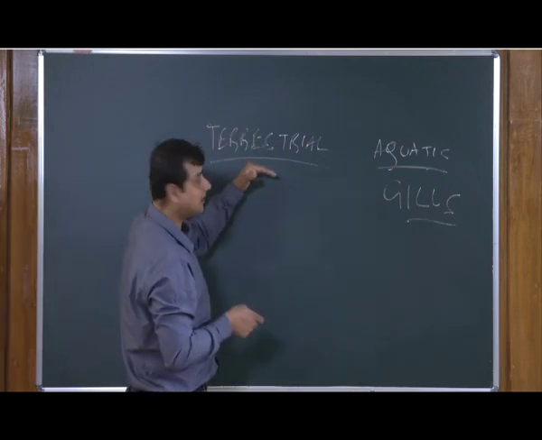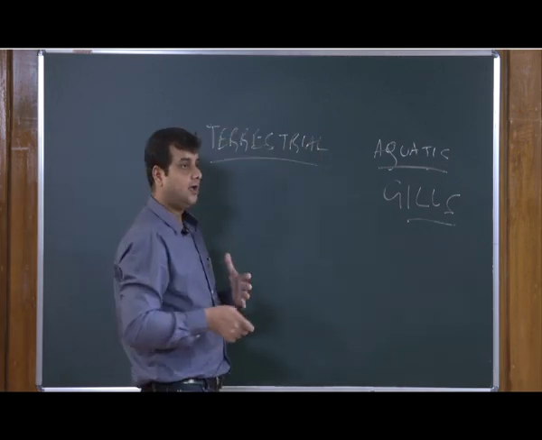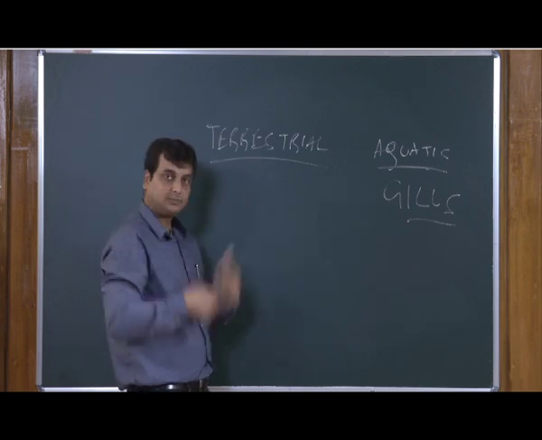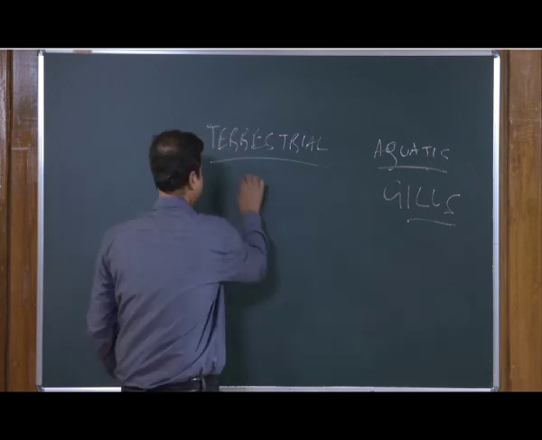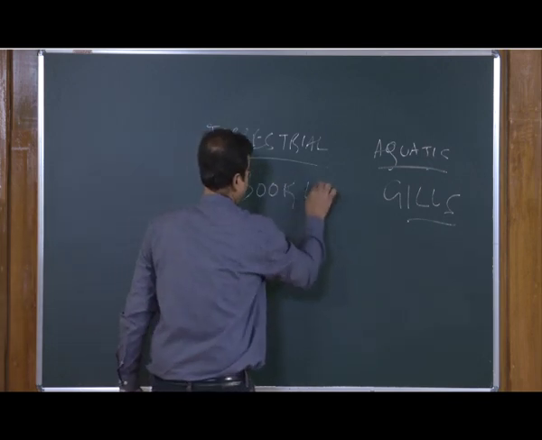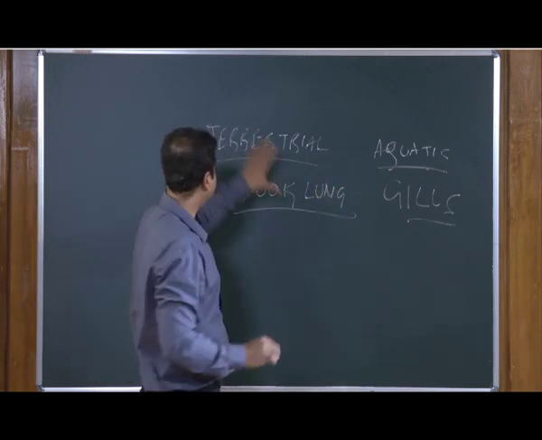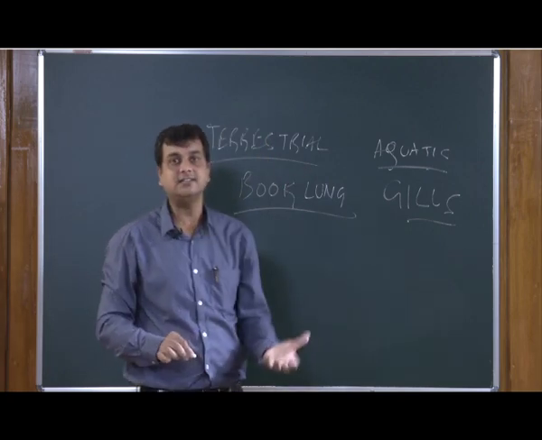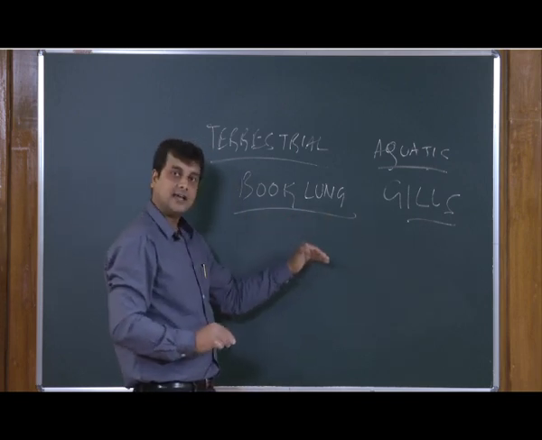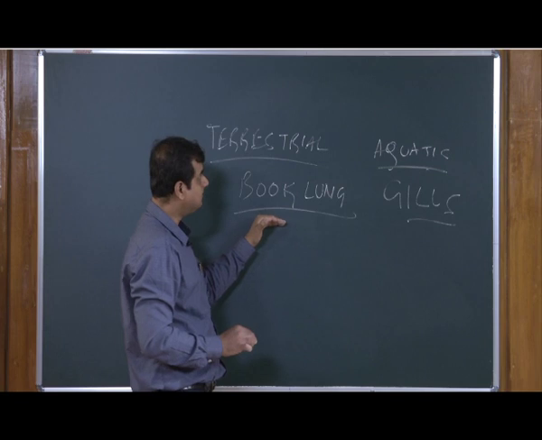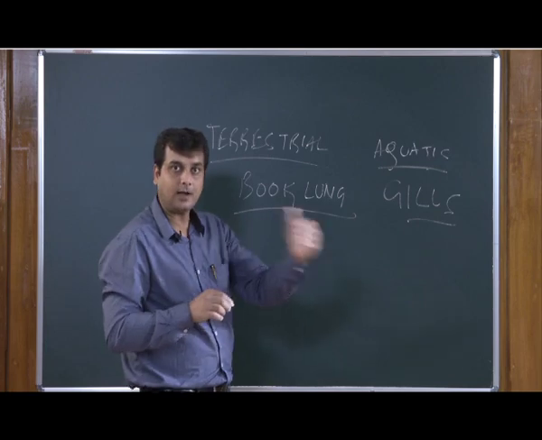While in the case of terrestrial arthropods, the very specialized structure, we are not saying that these are not that much evolved, but we are not calling those evolved organs lungs, we call it book lung. So, book lungs is a structure available in terrestrial arthropods in order to exchange gases from the atmosphere to the body cavity. So, these are two very specialized structures in arthropod species that allow effective exchange of gases from the atmosphere to the body cavity.